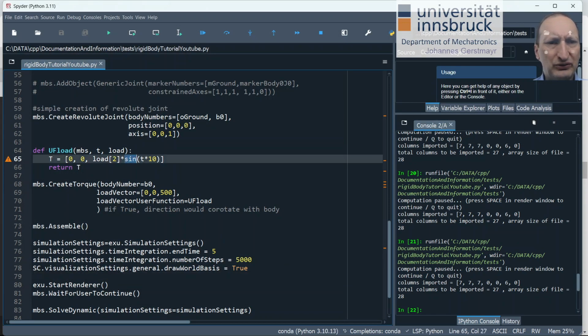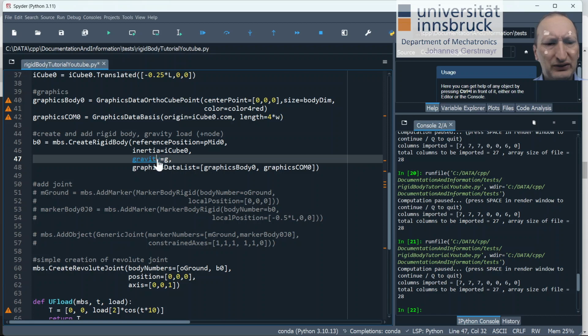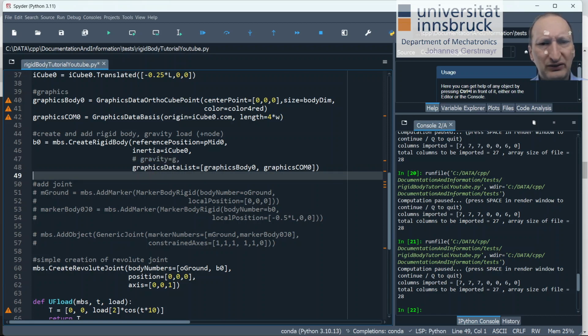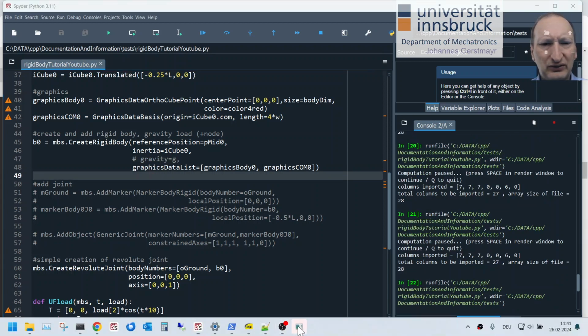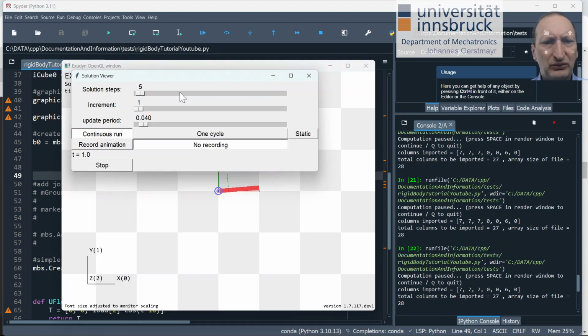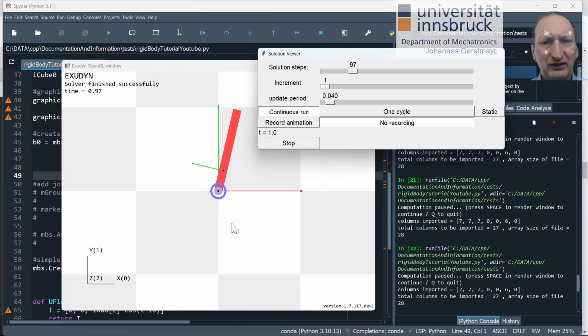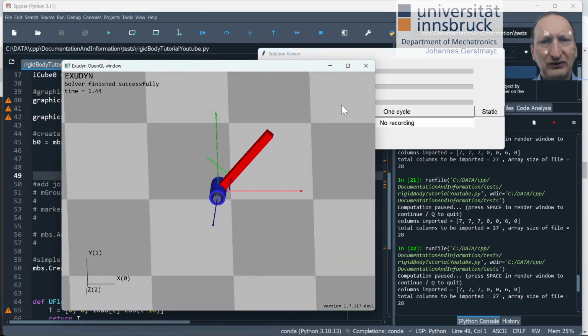So we could use a cosine here and turn off the gravity. Then we would see a little bit different behavior, I expect, just for you to see that. So then we would see that it accelerates and goes back again. And this is with the different loading. Of course, you can do every kind of